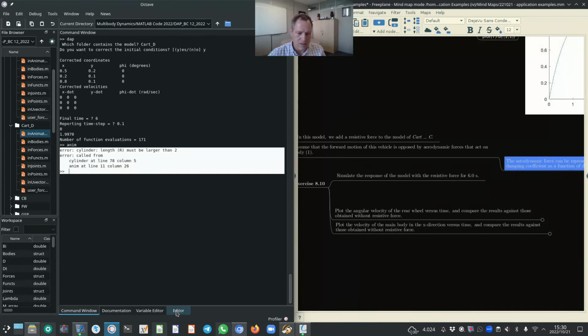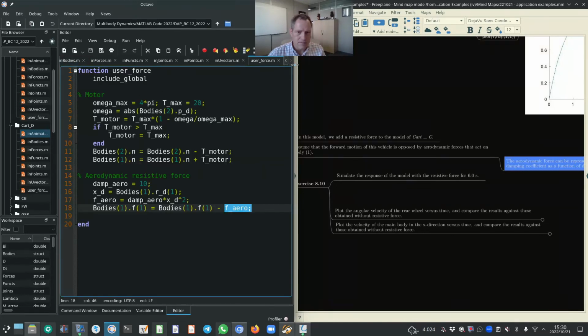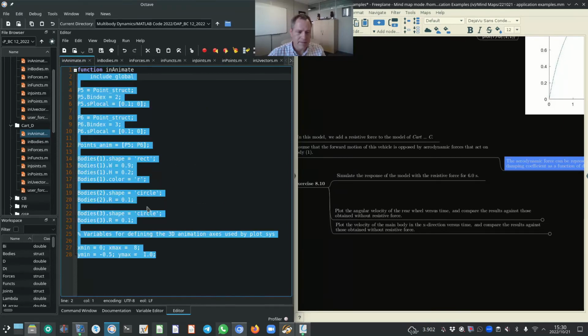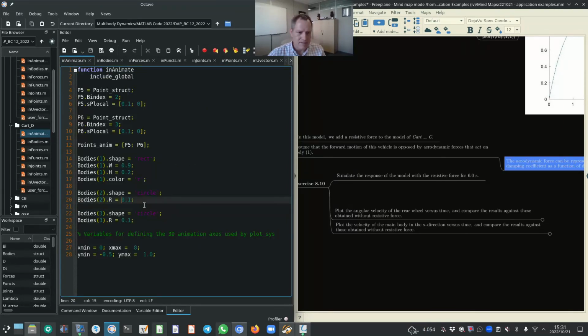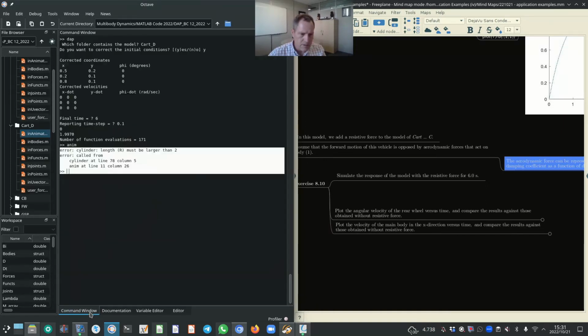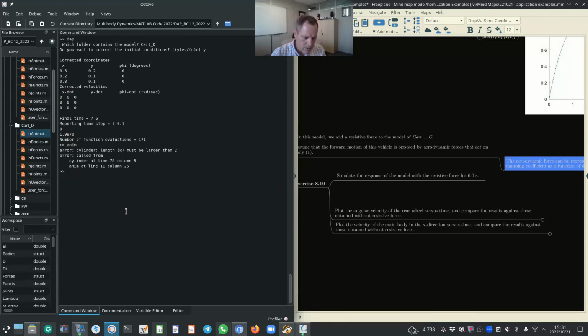Okay, so I'll quickly correct that. Yeah, so this needs to be 0.1. And this needs to be 0.1. So I'll save that input file,